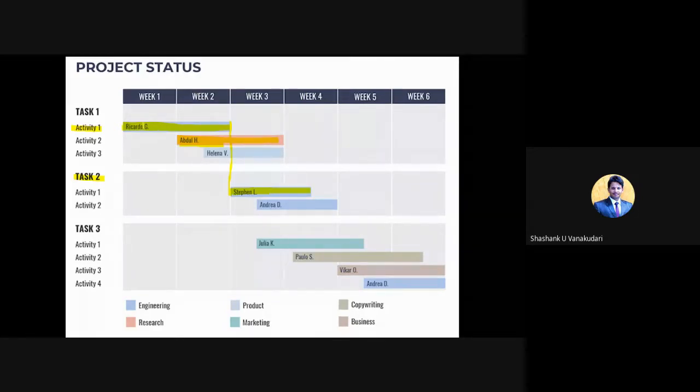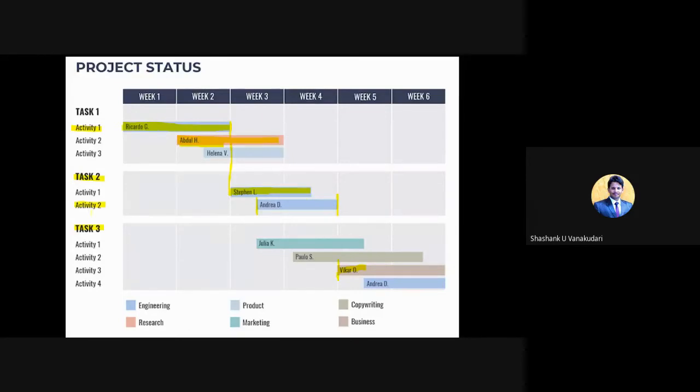And similarly for the others, this activity 2 starts at a certain time and ends at a certain time. In task 3, you can consider activity 3.